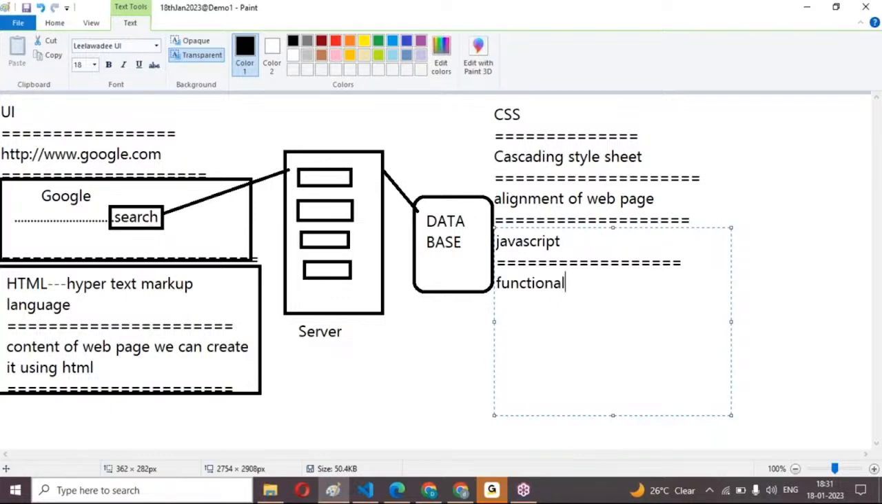The functionality of the web page we can easily create with this JavaScript. Here JavaScript is giving us functionality to our application. CSS is giving the alignment of the web page. Here JavaScript is giving the functionality of the web page. Here next we can write CSS, JavaScript,